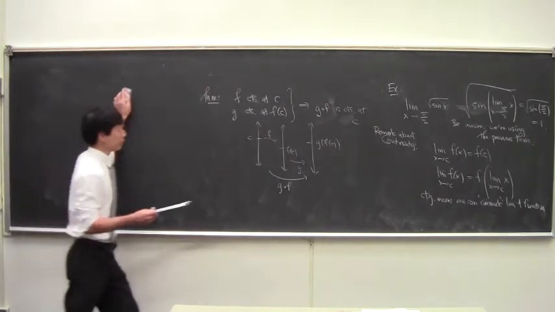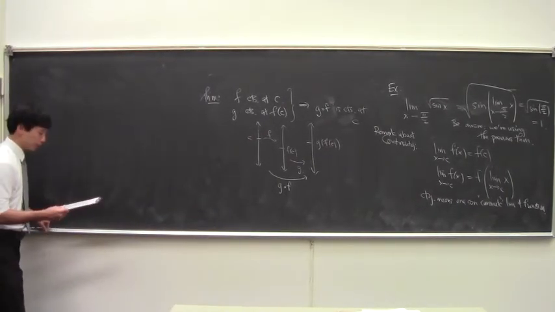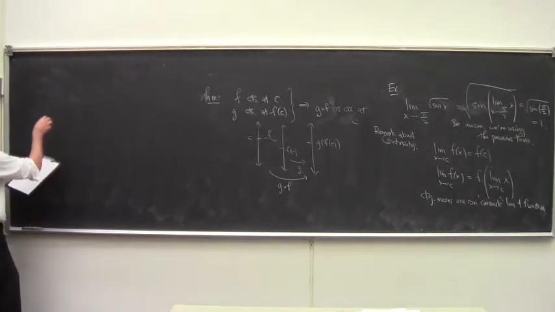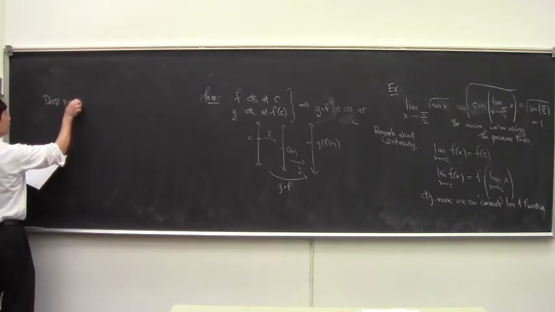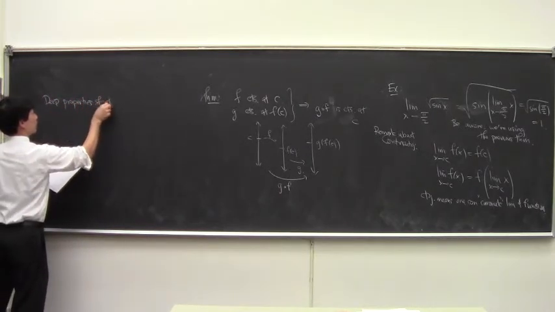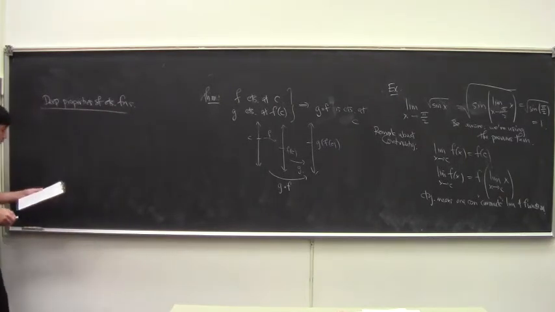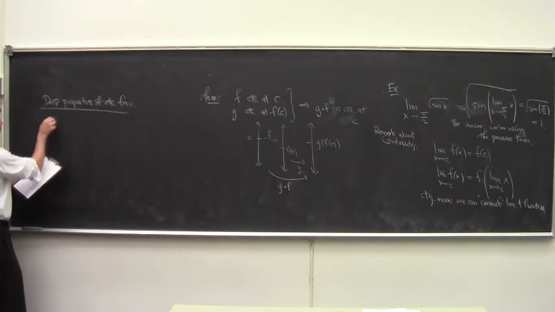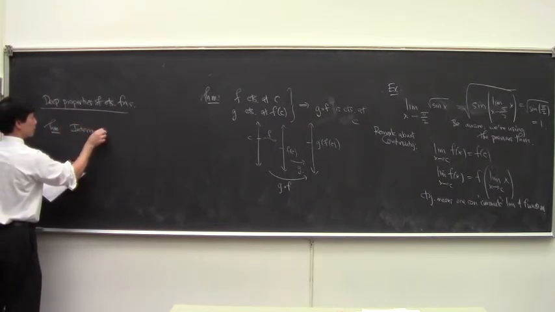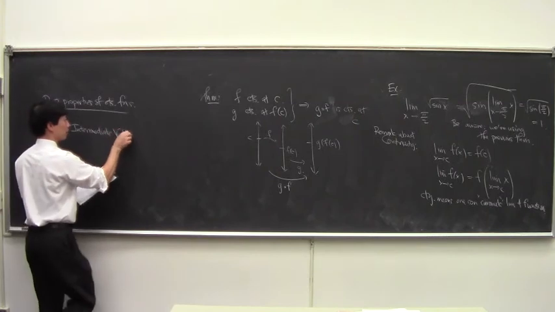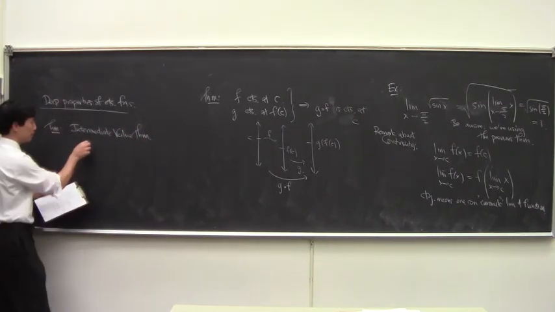So let me see if I can finish up what I want to say here. There are a couple of things in this chapter that I would call deep properties of continuous functions. And the first is something called the intermediate value theorem. So you have some function